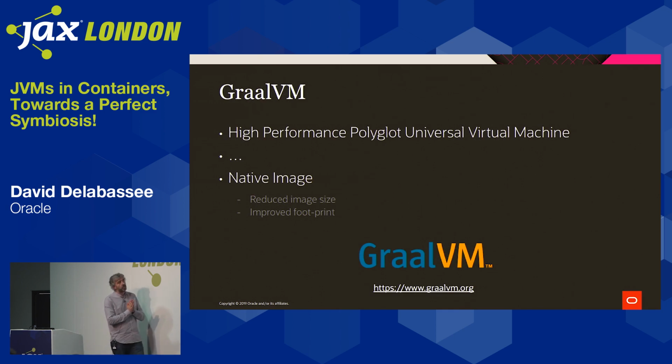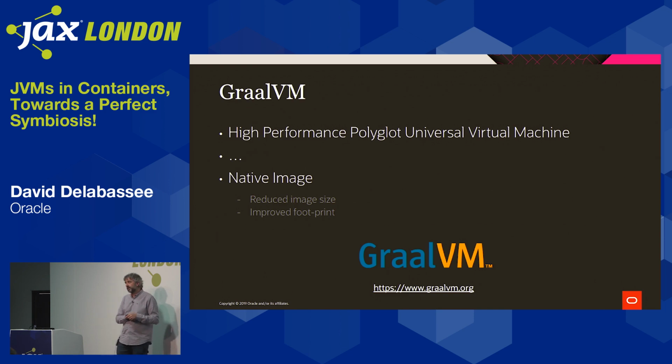So we've talked about CDS. We've talked about jlink, but we can go further than that. You might have seen a session from my colleagues yesterday about Graal VM. Graal VM is an open source high-performance polyglot virtual machine. It provides many capabilities. I'm just going to quickly discuss one, that is the native image capabilities of Graal